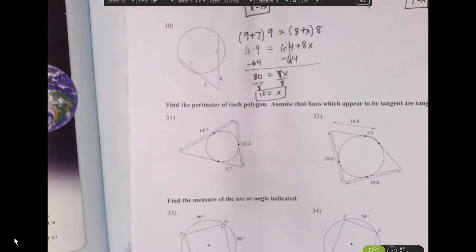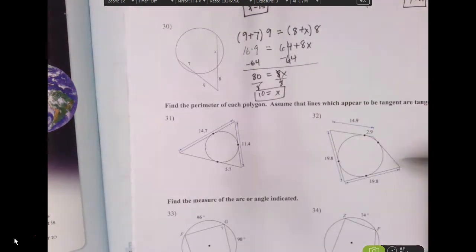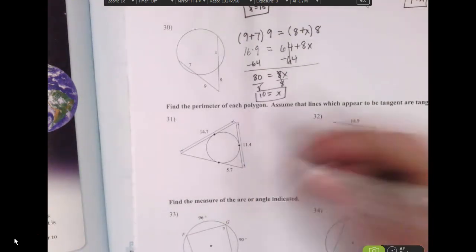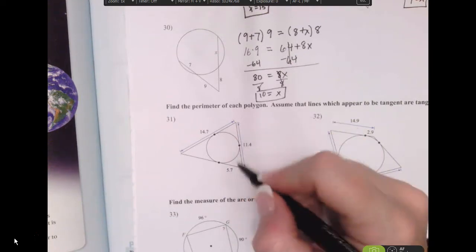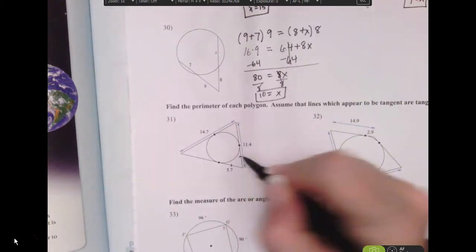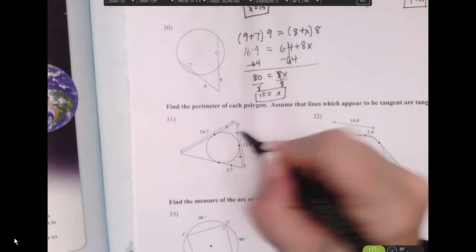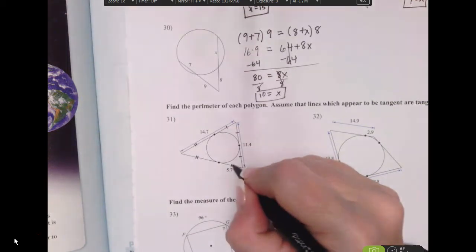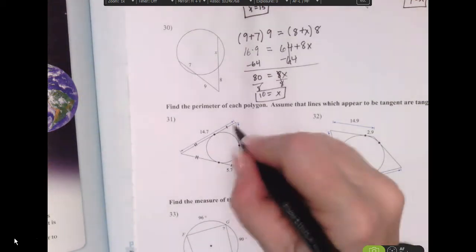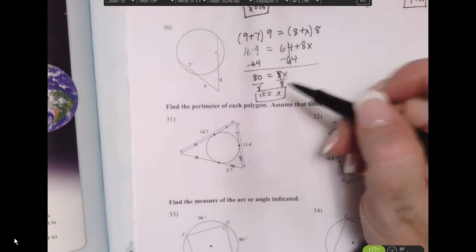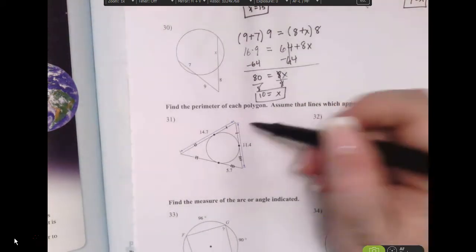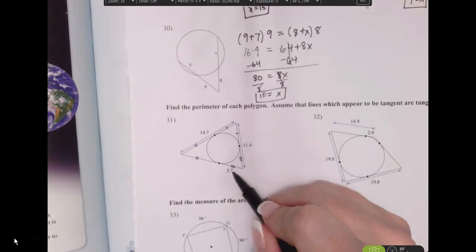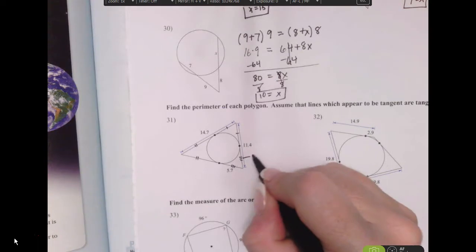Alright, in numbers 31 and 32, we have some circles inscribed inside of a polygon. So when this happens, this is from our tangents chapter. We know that we create some equal lengths here and here, here and here, here and here. So they're not equal to each other. I mean, the 2 ends aren't equal, but that's how tangents work. So here I've got a 5.7, so this must be a 5.7,